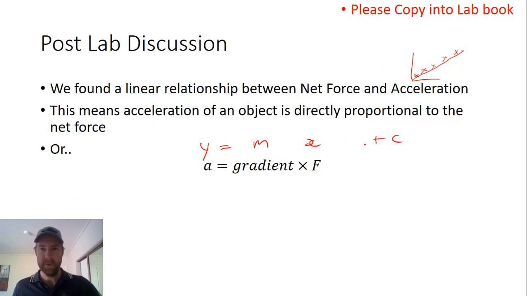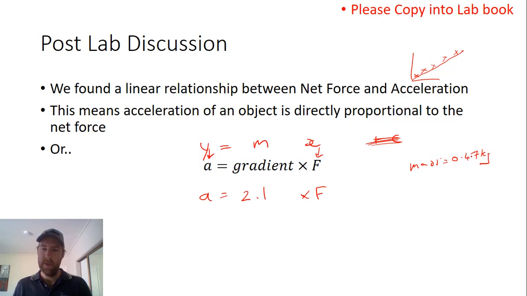It basically went through zero, so we can get rid of that. The x-axis was the force, the y-axis was the acceleration, m was our gradient. What did we say that was? It was something like 2.1 times F. Now, in the introduction to it, we actually had the mass of the object was equal to 0.47